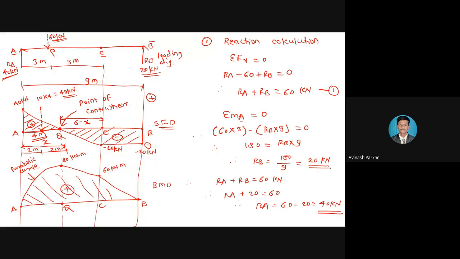Okay. Then in the bending moment calculation, bending moment at point A, bending moment at point B is equal to 0. Bending moment at point C, I have taken the two forces. One is reaction RA and another is UDL of 6 meter. Point C ला काढताना बेंडिंग मोमेंट सगळा UDL आपण कन्सिडर केलेला आहे. पण पॉइंट Q ला बेंडिंग मोमेंट काढताना टोटल 6 मीटरचा UDL कन्सिडर केला आहे. त्यामुळे आपण मॅग्निट्यूड घेताना 60 किलोन्यूटन घेतले. But while calculating the bending moment at point Q we have taken the UDL of 4 meter only. त्यामुळे त्याची मॅग्निट्यूड किती आलंय 10 into 4 as 40.